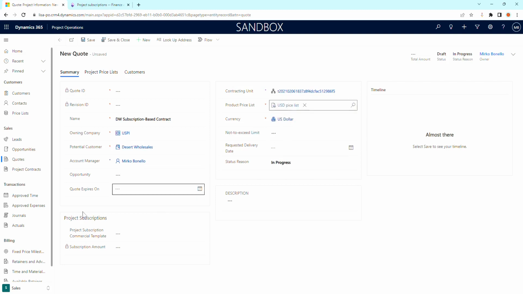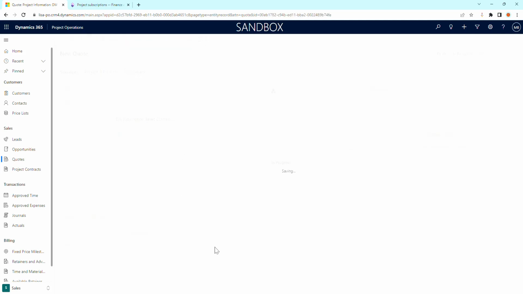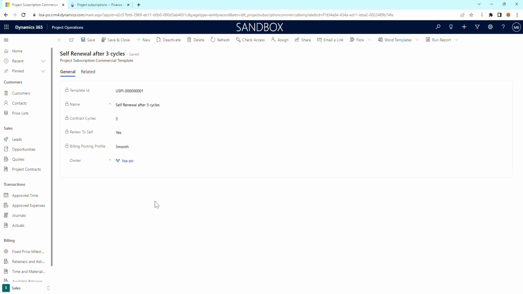price list, and here there's an area which is dedicated to project subscriptions, and it is possible here to select a commercial template. So a commercial template defines some of the important options for the subscription, because it defines whether it is just an open-ended subscription or whether it is bound by a fixed term contract. So in this case, when we apply this template, it means that we are bound by a term of 3 contract cycles, which renews